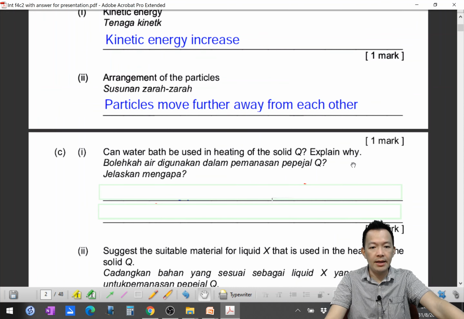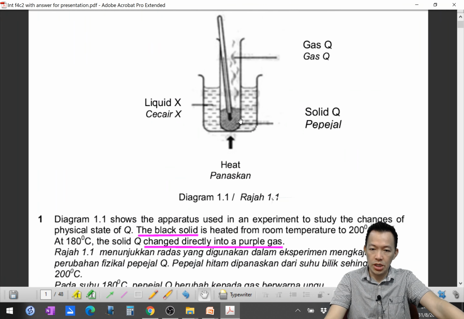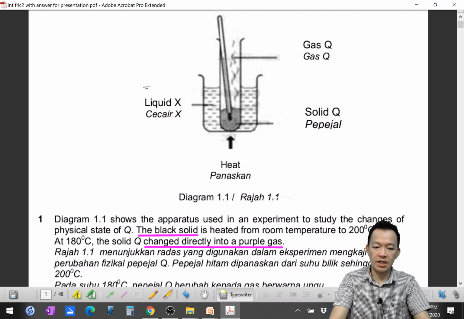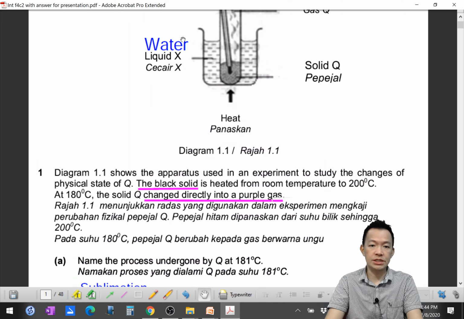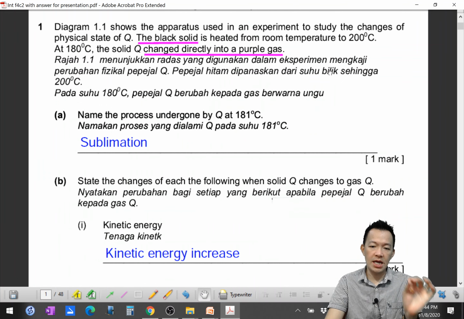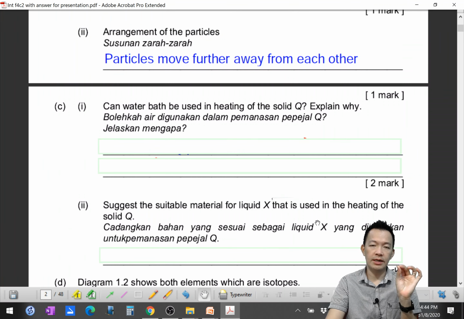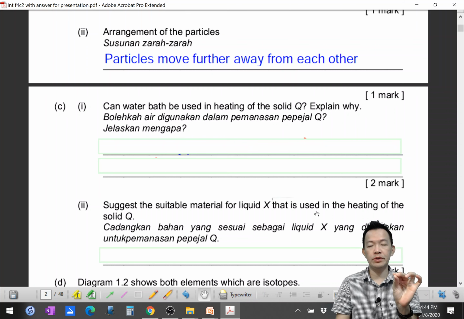Explain why. So when you are heating the solid Q, can you use the water bath? 你可以用水来烧它吗？Can or not? And explain why. 然后解释一下为什么。